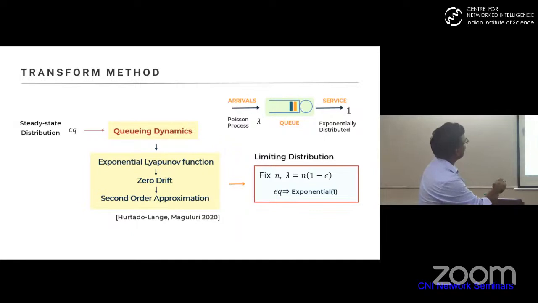And the key thing is we pick exponential function. I'm calling this a Lyapunov function. You can also call this a test function. So all I'm doing is I'm picking my favorite function, setting its drift to 0 in steady state, and I'm working with exponential functions. And once I do that, and this is a standard trick, even if you want to find stationary distribution, you can do this. But the thing is,